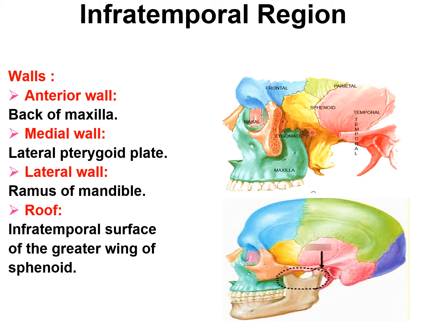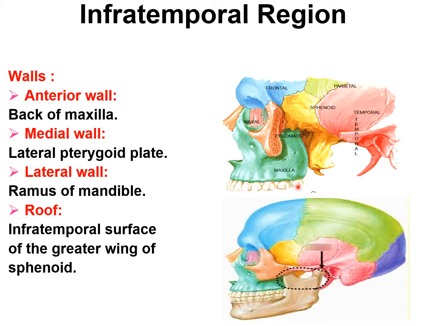Infratemporal region, as the name suggests, is situated beneath the base of the skull, lying immediately beneath the middle cranial fossa, between the pharynx and the ramus of the mandible, and it consists of the infratemporal fossa and its contents. The mandible and part of the zygomatic bone have been removed. So if we see here, this is the infratemporal region. We have seen that the temporal fossa is communicating inferiorly with the infratemporal region.